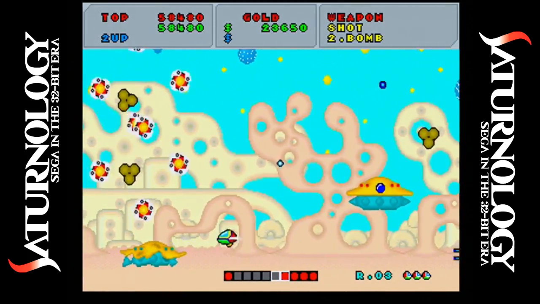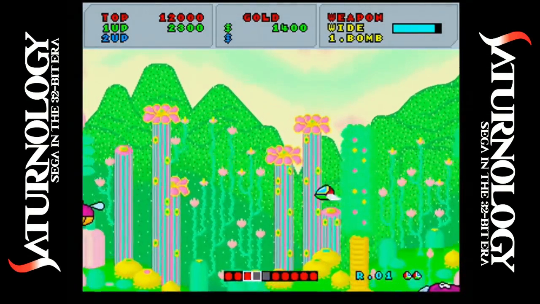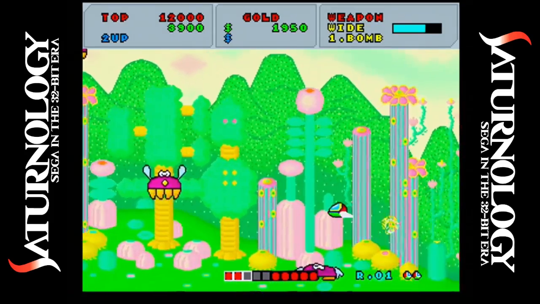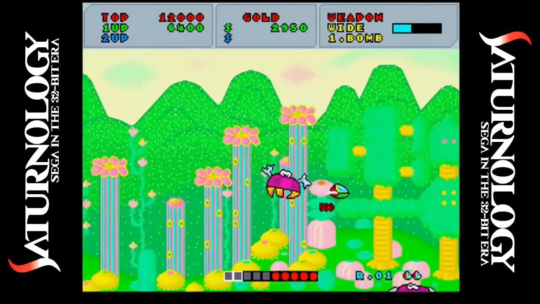You can also bring in a friend for some multiplayer, which is always a plus in my book. Fantasy Zone is a fun and quirky little shooter that'll give you a serious challenge. The version I'm playing here on the Sega Saturn is a Sega Ages release that can be had for about $20+. If you ask me though, the best way to play Fantasy Zone is on the Nintendo 3DS through its